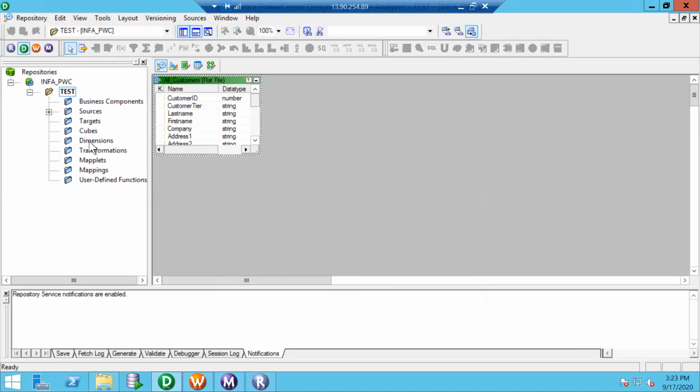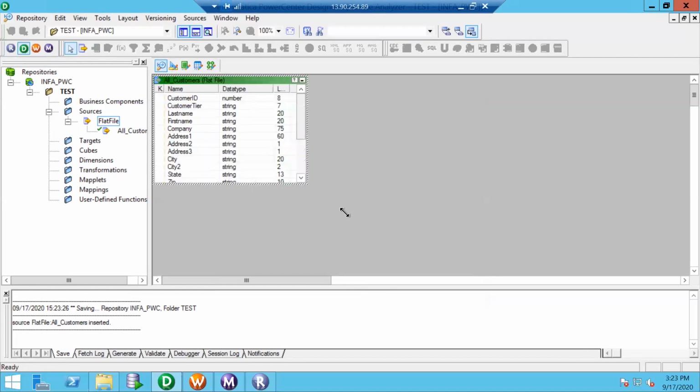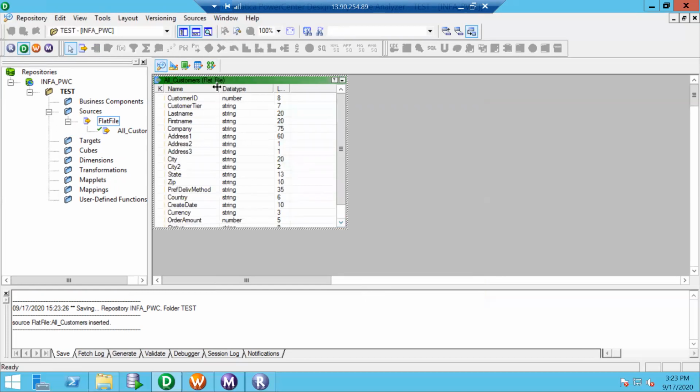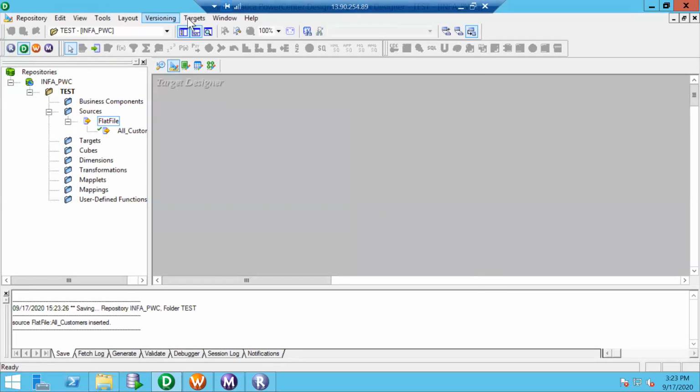I need to save it, and then only it gets inserted. I saved it, and it gets inserted. Now I have a source. I need a target, as in when I am loading the data, how I want to see the data. Obviously, we might not be interested in all the columns present in the source. In my case, I am interested in only a few columns.